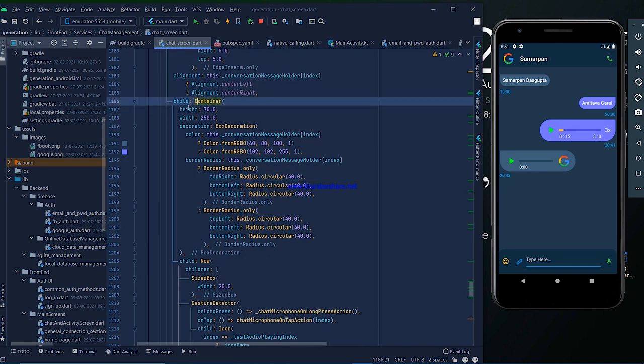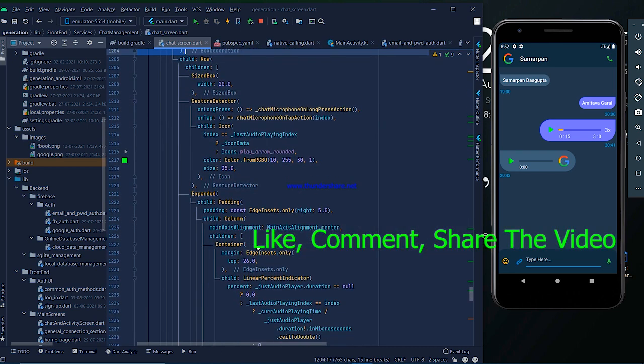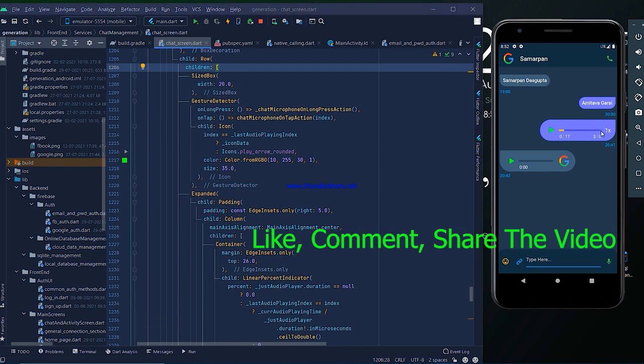We made a container, and that container is representing this here, and gave it a specific height and width, because as you can see, the width and height are constant. After that we specify a box decoration, because you can notice that some portion is sharp and another portion is rounded. So we made all that rounded and sharp portion in the decoration, and then we provided the row. Why a row? Because you can see the icon, that's the loader, and that's the voice split, audio split. Actually it is in a row, so that's why we provided a row.